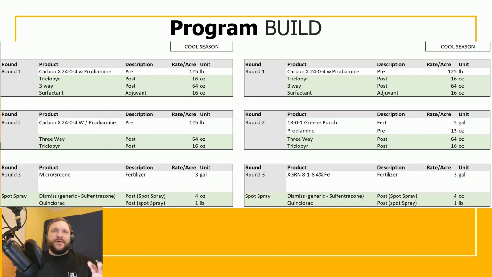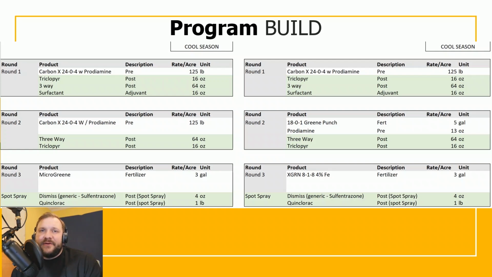This is a pretty simple layout here. I've got on the left and right a couple different instances of what a program would look like. Starting with round one, this would be purely a granular type program. Round one, we're going out with Carbon X with prodiamine. We're putting that down at 3 pounds per thousand. At 3 pounds per thousand, that gives us just under